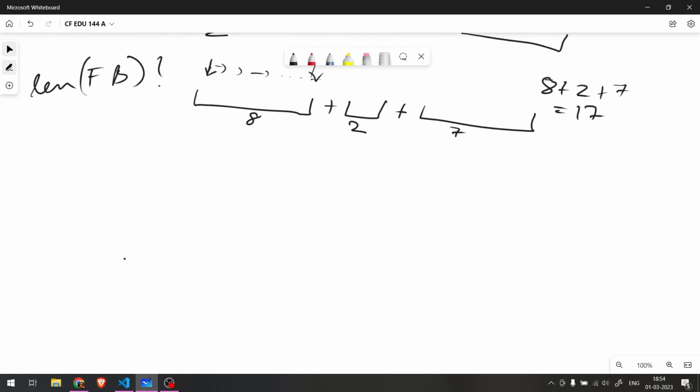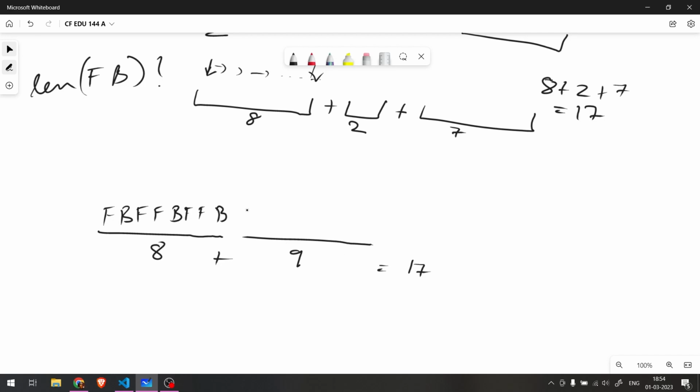So what will be our string FB? It will be F, BFF, BFF, B, which is our original part, which is already of length 8, and then we need 9 more so that the total is 17. So we'll repeat this section again over here. F, BFF, BFF, B, and then we need one more, which is F. So if we make our FB string equal to this